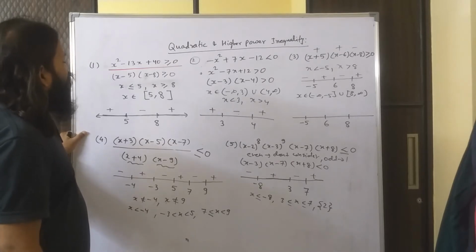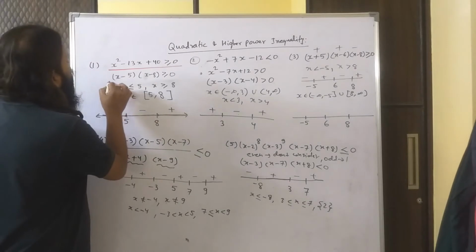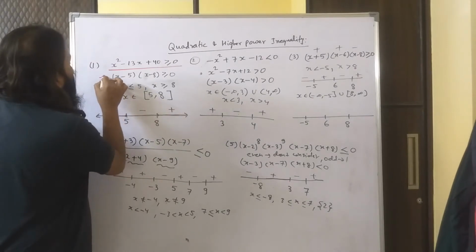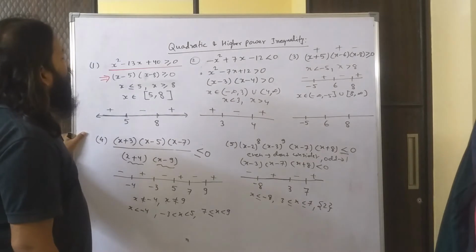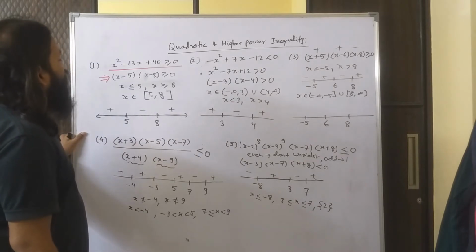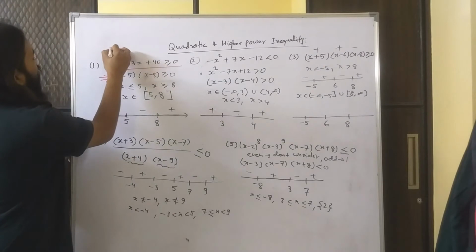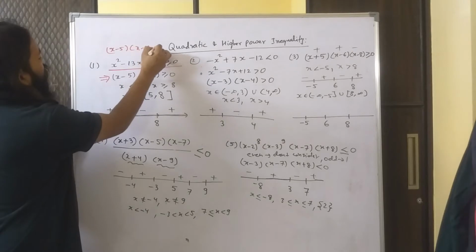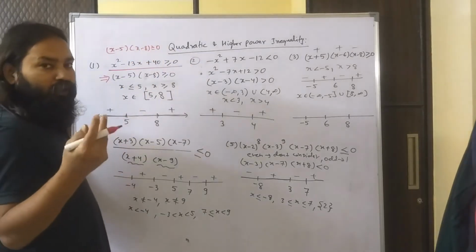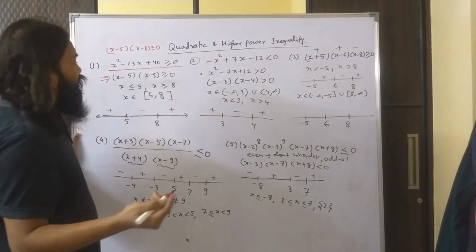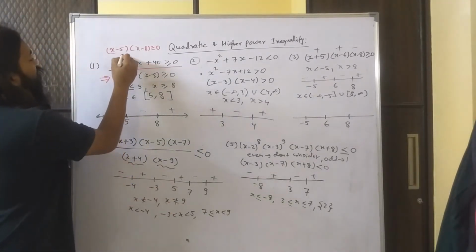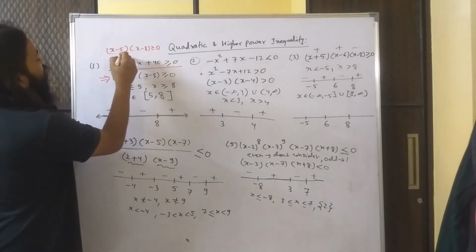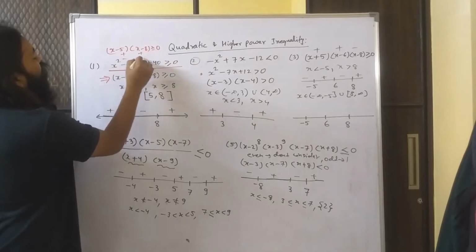See, normally what you do, everyone will agree that the first step is this. So we factorize the quadratic equation into two factors, and then after we reach this point, x minus 5 into x minus 8 more than or equal to 0. So usually this is the method which is given in most of the books, that either we take this option that these two numbers' product is positive, so either they are both positive because plus into plus is plus, or they are both negative.